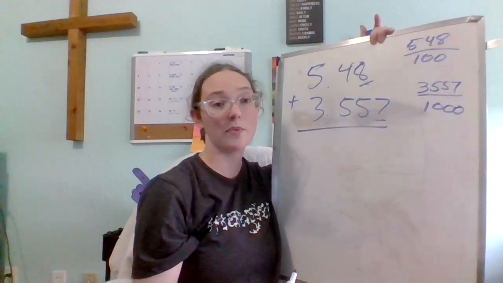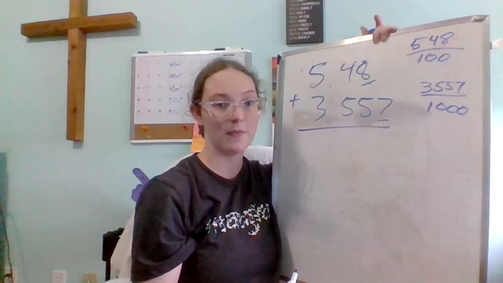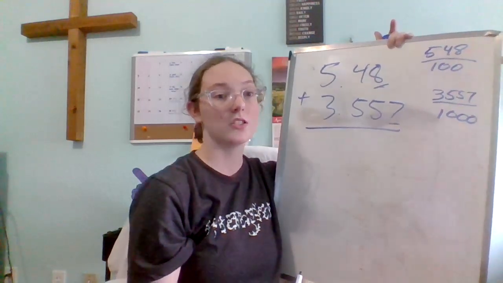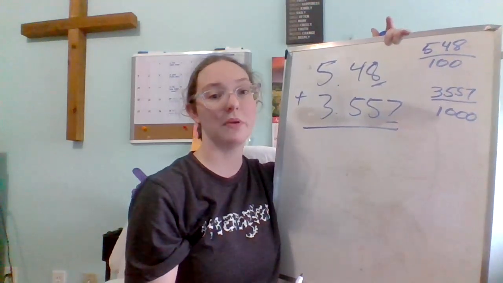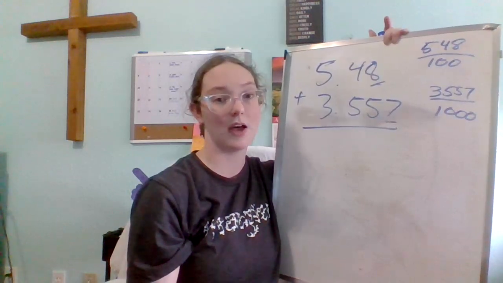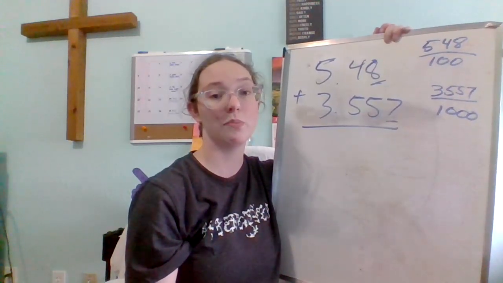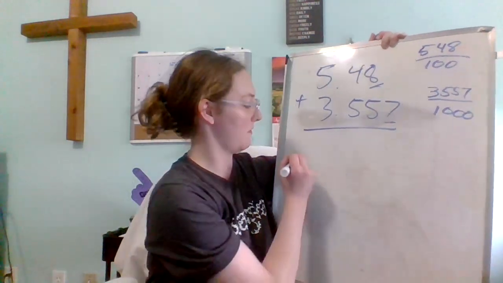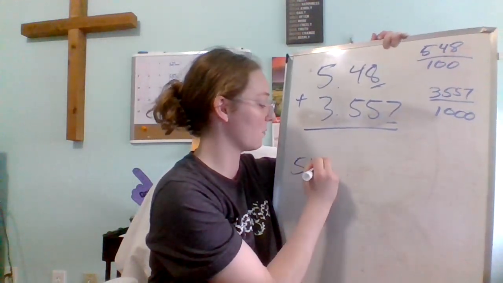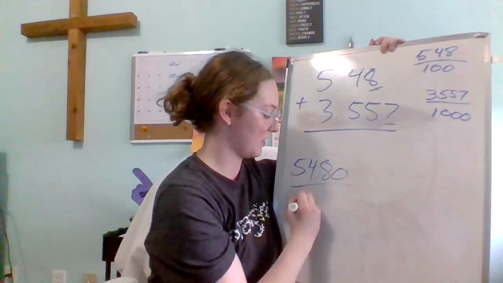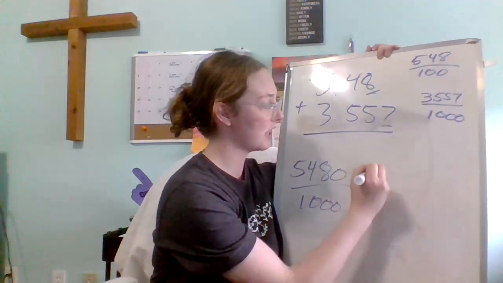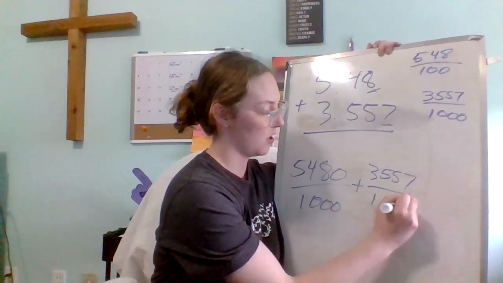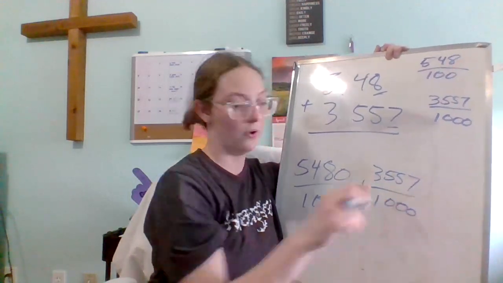Then you would find the common denominator for both fractions. The common denominator for both fractions would be 1,000. So for the first problem, you would have to multiply 100 by 10 to get 1,000. And so you would have to multiply the top number by 10 also. So it would be 5,480 over 1,000 plus 3,557 over 1,000, which would equal